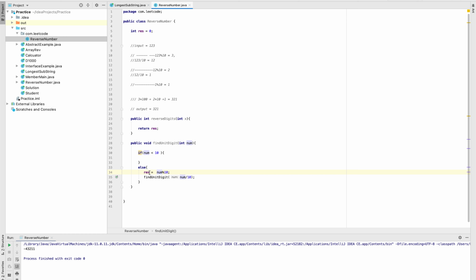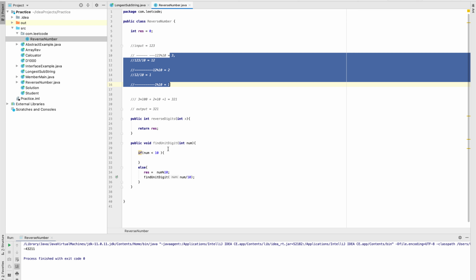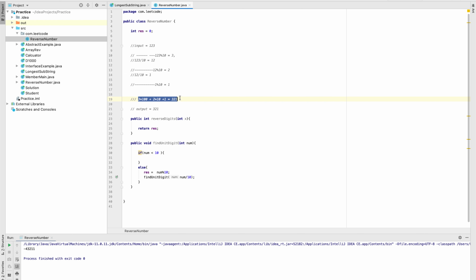Either I can store the result into some list, that list will form this 3, 2 and 1 by the end I'm doing this iteration, and when I am done completing my list, I will now take out the number from the list and keep on multiplying the numbers like this. So for that I need to know how many digits are there in my number. So to find out the number of digits in a number, there is one way you can do that. Int total digits,